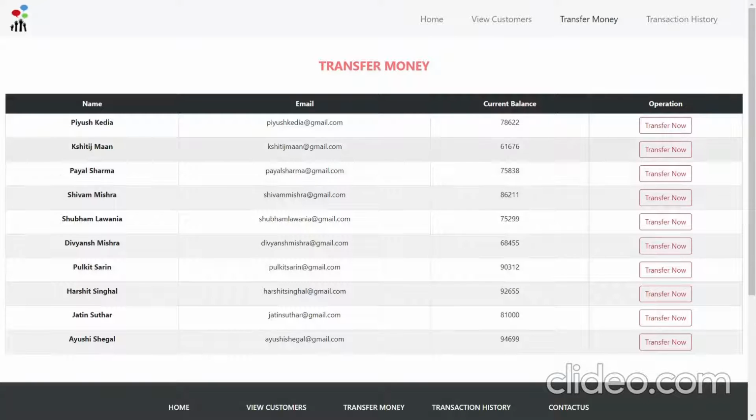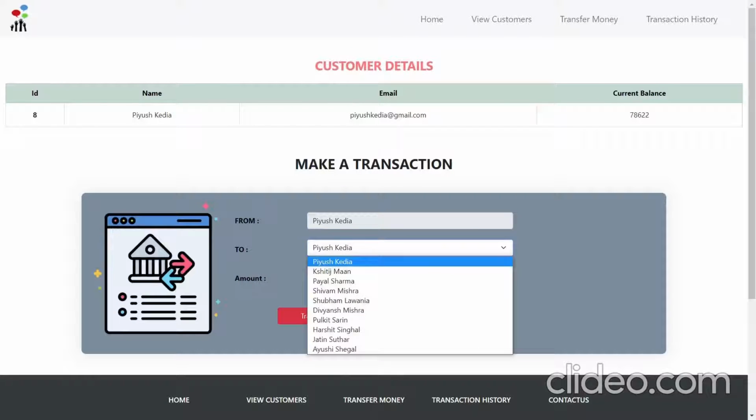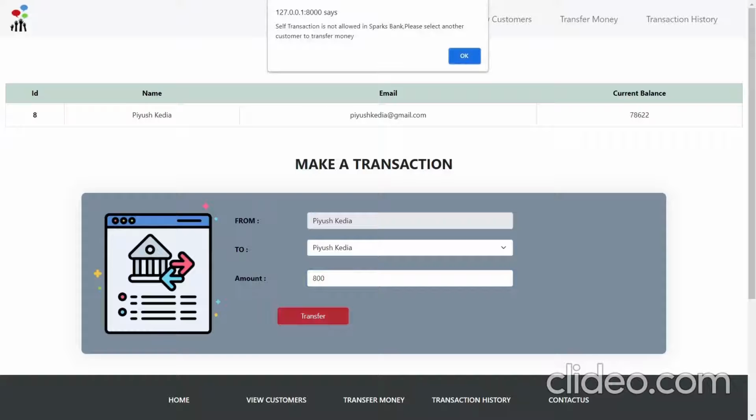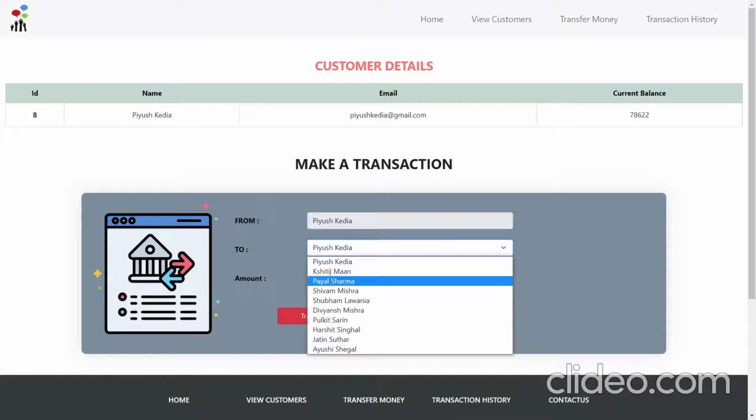So let's see the other conditions of our website. Like if Piyush transfers the money to himself, then what happens? Let's see. So guys, as you see, we get an error: self transaction is not allowed. Please select another customer. Let's select another customer like Shivam Mishra.